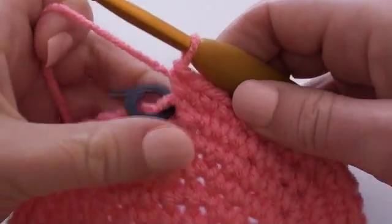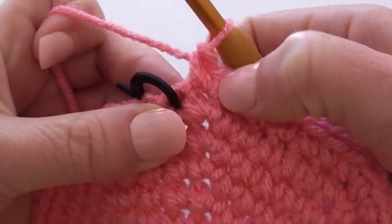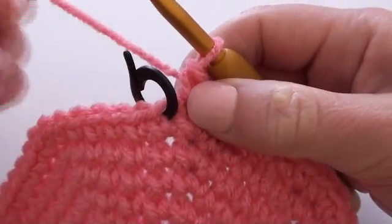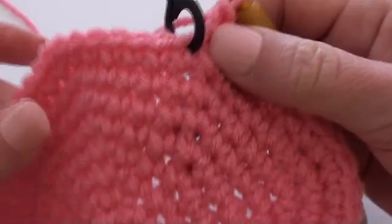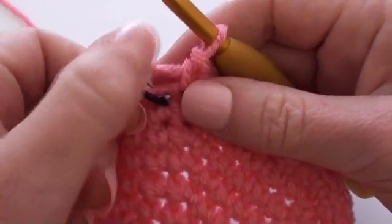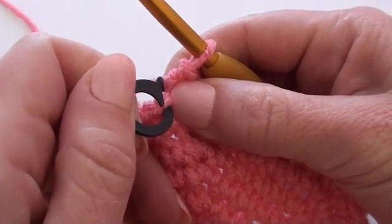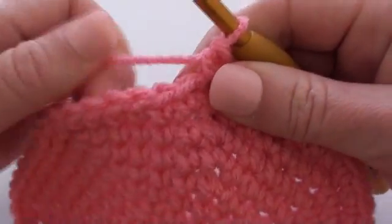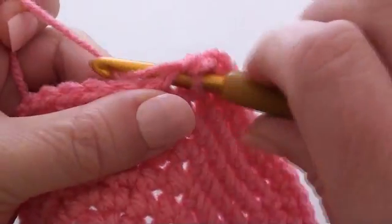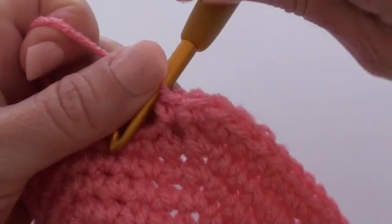So now we're at the end of round 8, and we've made our last 2 single crochet stitches into this stitch just before the stitch marker. And from here on in for the sides we'll just be working with these 64 stitches that we have. So no more increasing. So for round 9 we'll take the marker out, make a single crochet into that stitch there, place your marker back in,